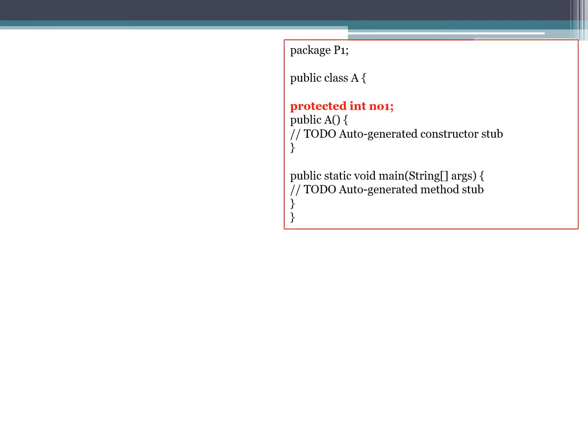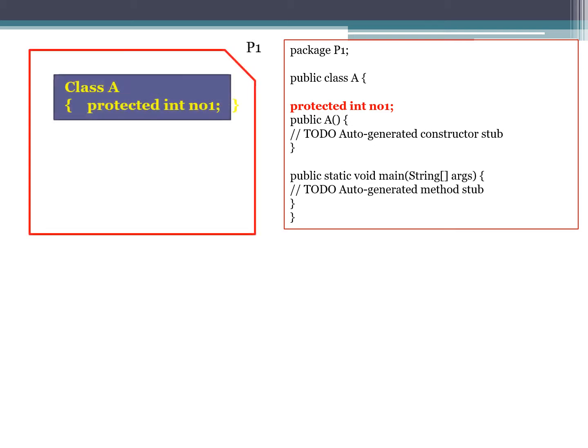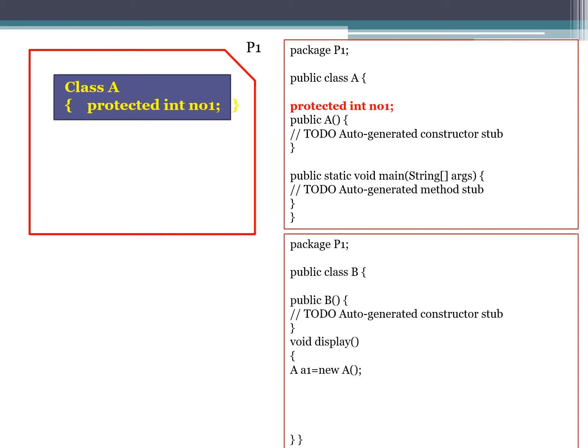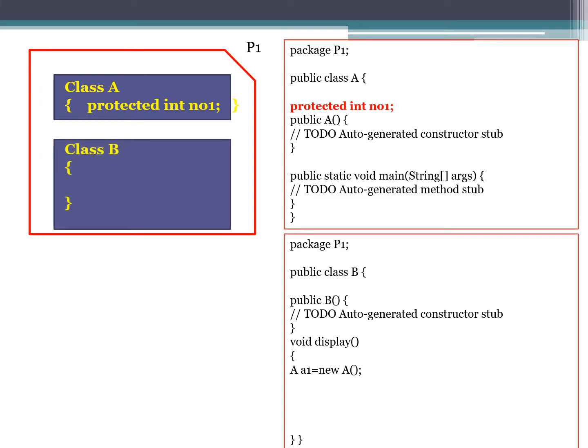Next, if we declare a class A with a protected member variable in, let's say, package P1, and there is one more class B which belongs to the same package, let's check the visibility of the protected variable in the other class in the same package. Here there is a display function.